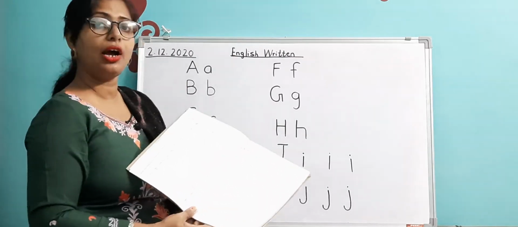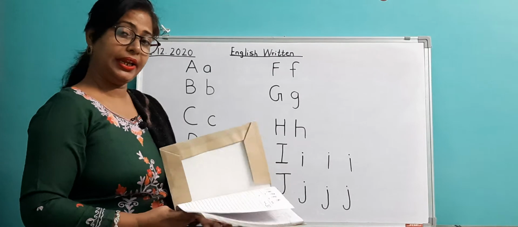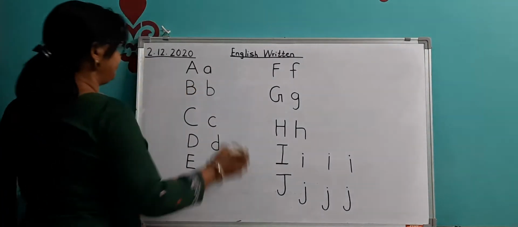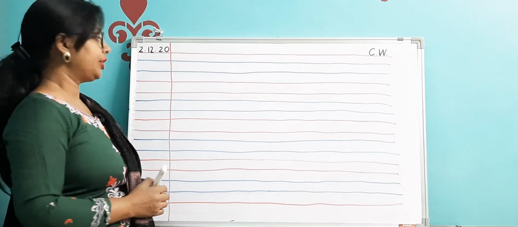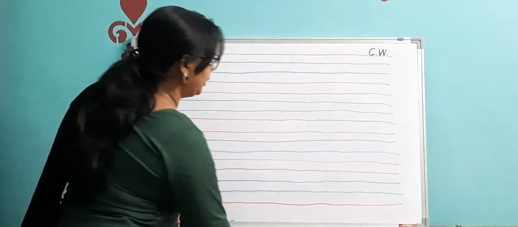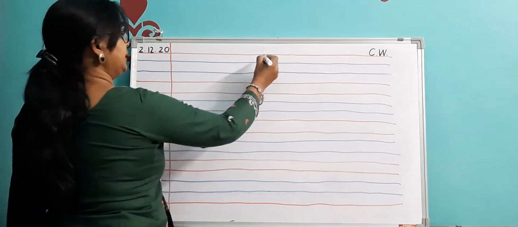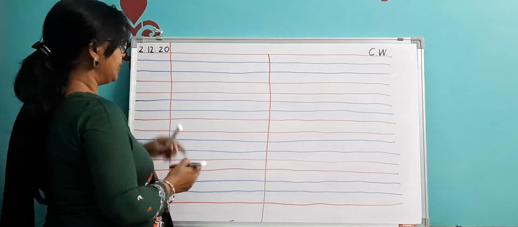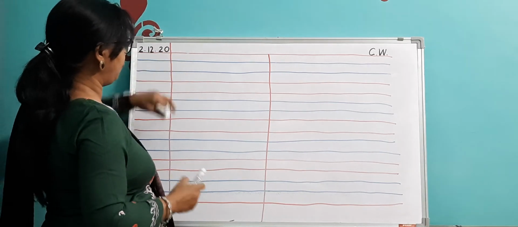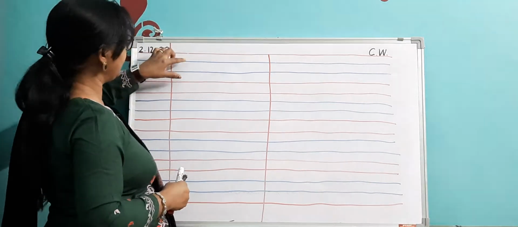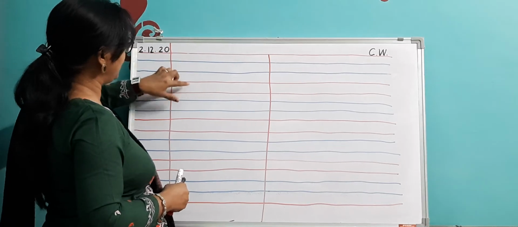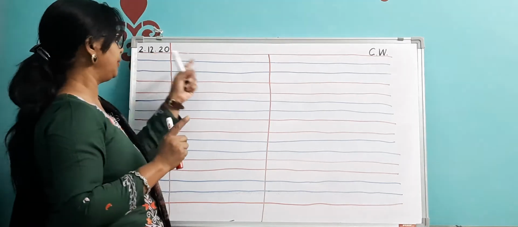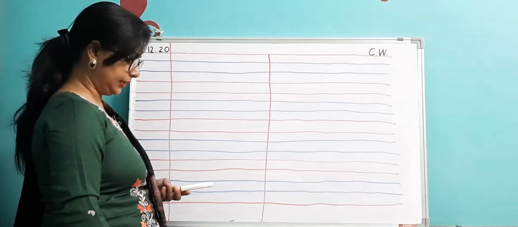Okay, so I am going to draw 4 lines over here. In this meanwhile, you can take out your English copies. Okay, children, now I have drawn this line over here. Now in these 4 lines, so there are 4 lines in your copy. Yes, 1, 2, 3, and 4. Okay, pink line, then 2 red lines, then 2 blue lines, and then red line. So you have 4 lines. You have to write the alphabets. I'll teach you how to write within the lines.